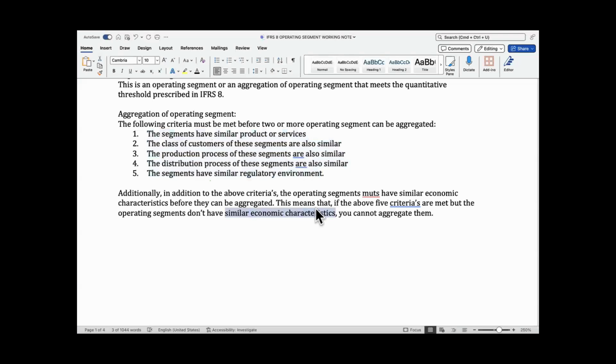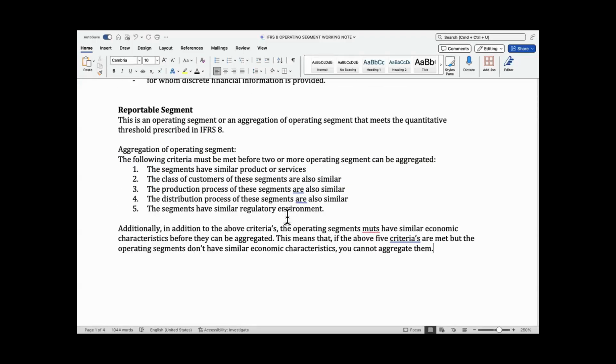They should be aligned in terms of profitability, in terms of performance, in terms of the inflation, the risk and opportunity that they face as an organization. They have to be aligned. So they need to have similar economic characteristics first. If their economic characteristics is dissimilar, you cannot aggregate. Now, that's aggregation. Now, the second, we said whether you have an operating segment or you have aggregation of operating segments,